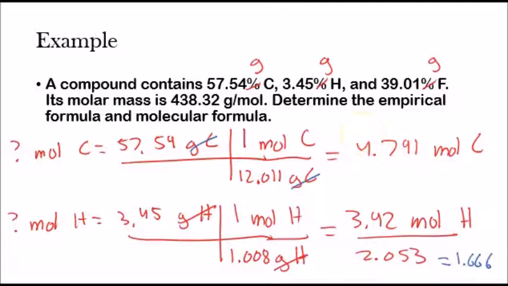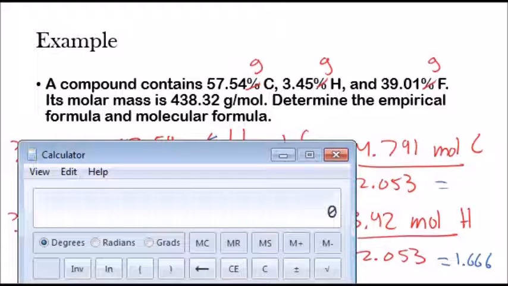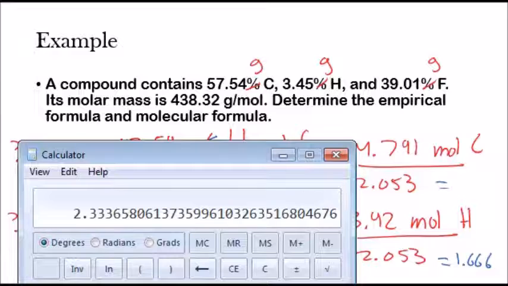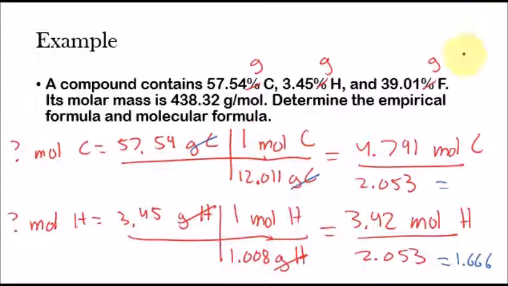Here, same thing, divide this by 2.053. And that's going to equal, let's see here, 4.791 divided by 2.053. And we're getting an answer which is not close to 2. It's 2.33 actually. So we're going to just take this as 2.333. Let's go ahead and do that. 2.333. Now from here,